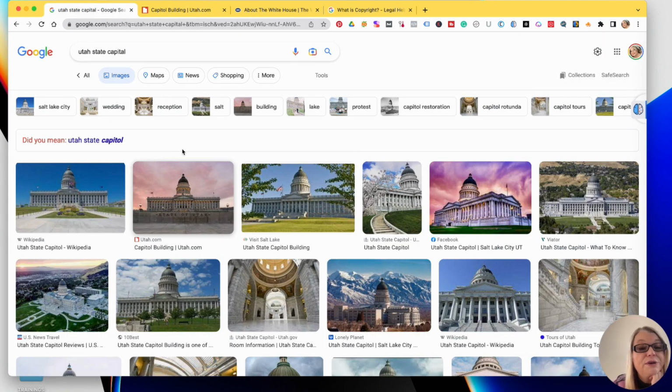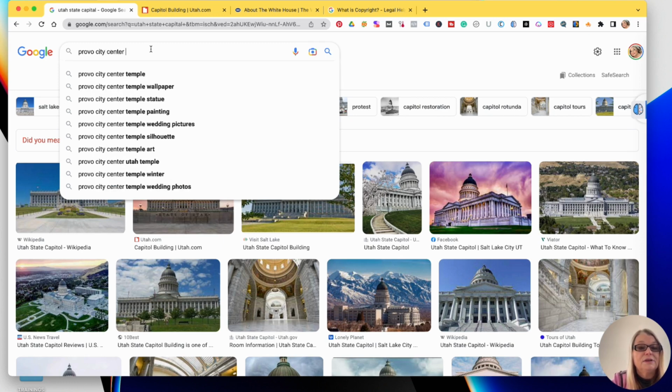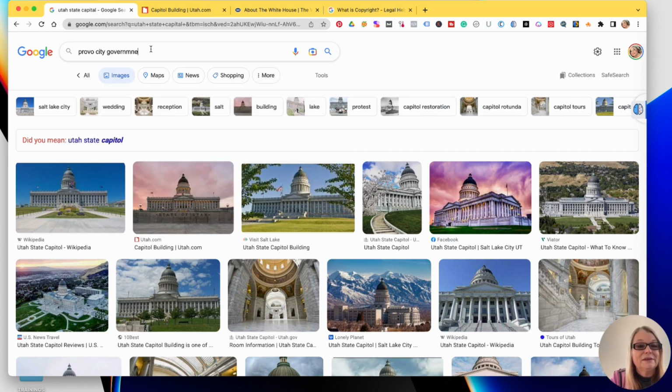So you're going to want to look for things. So how about, let's do this. Let's get smaller then. Provo City. What would they call that? Government office.